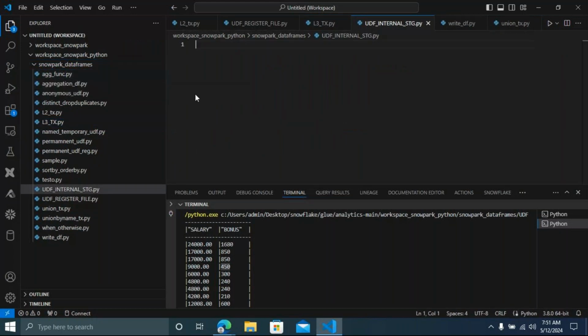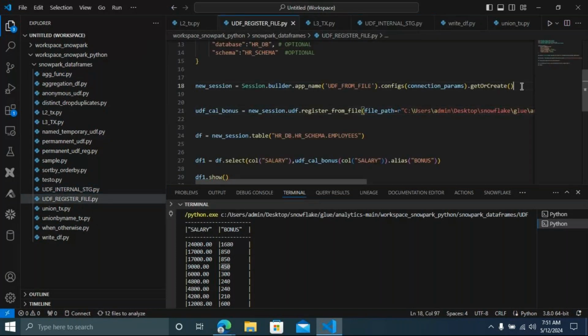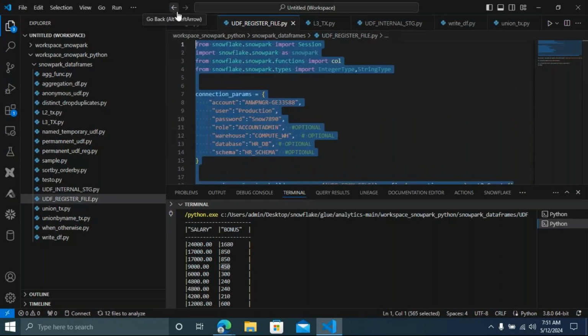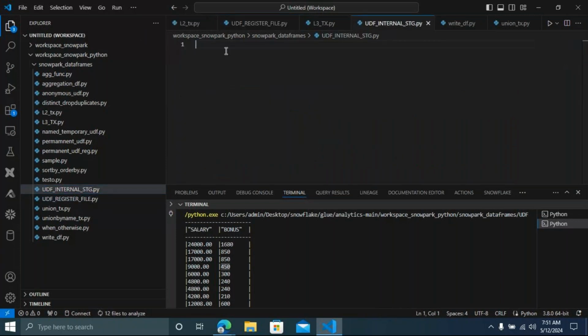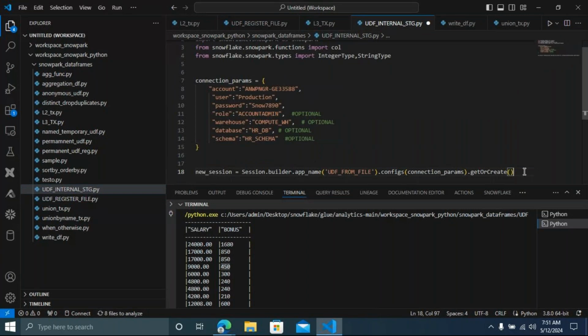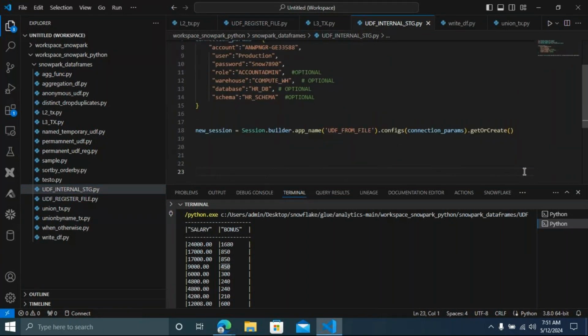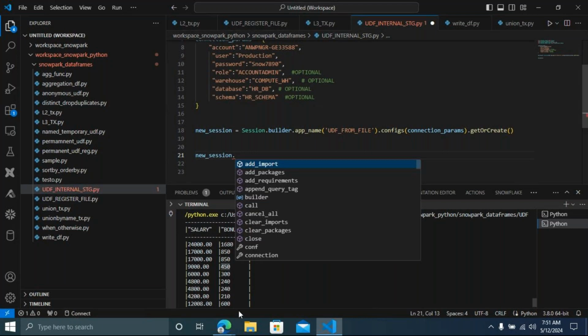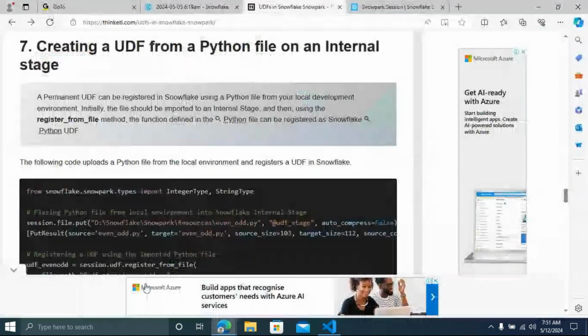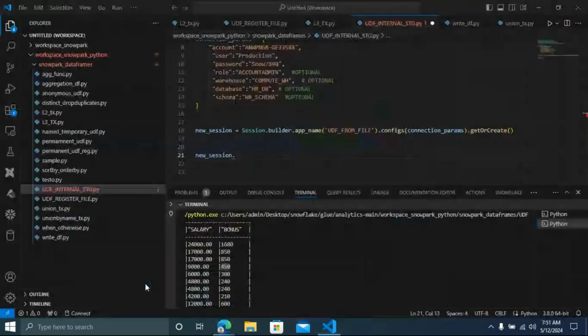Good. Now what I want to do is just I'm going to copy as it is because I don't want to kill your time, guys. Just copy as it is. Just paste it. That's it. Now what we have to do is we have to register it, right? Just you have to use a put statement, right? File.put. That's it. New session dot